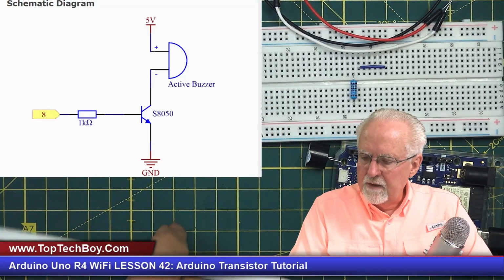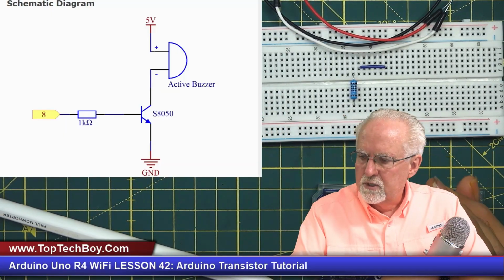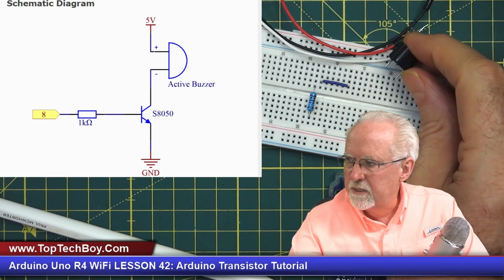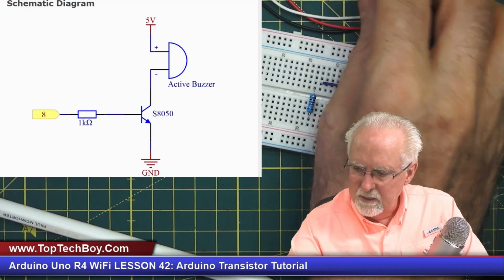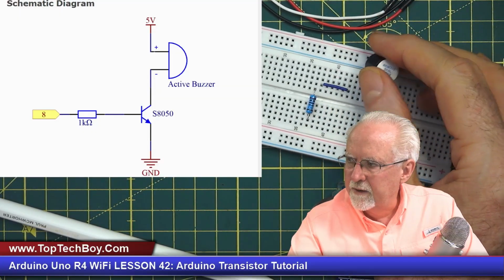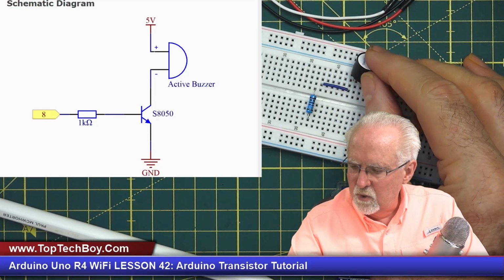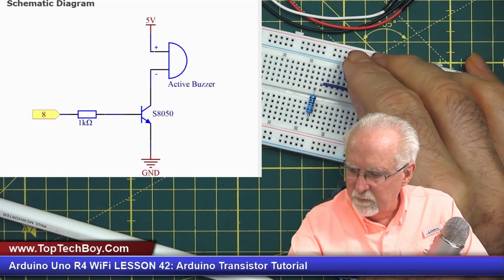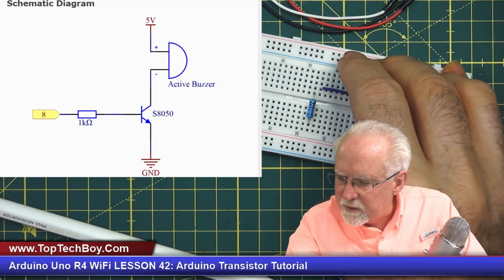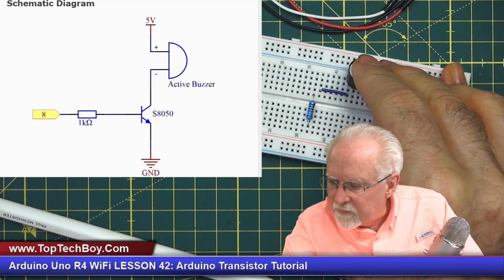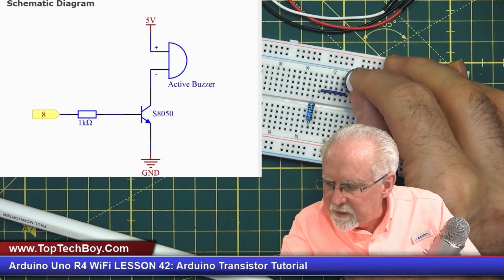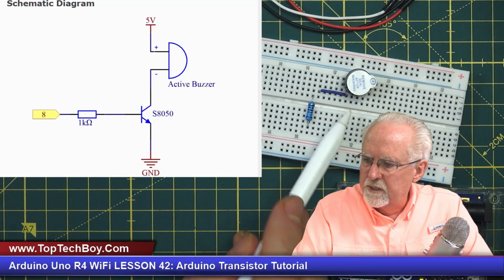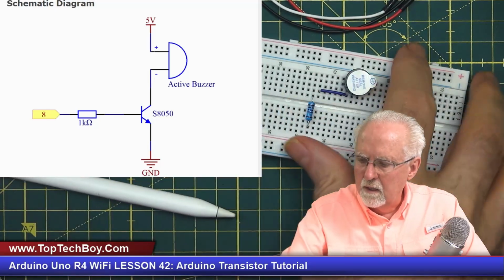Okay, so now let's see if we can get this thing hooked up. So remember we said the long leg goes to the positive voltage, and so I'm going to plug this in, and you can see I have a little wire there. But the short leg is going to connect to the end of the wire, and the long leg is going to point to the right. Okay, so let's see if I can get that. It's actually kind of hard for me to see. Okay, so the short leg of the buzzer is connected to this wire,